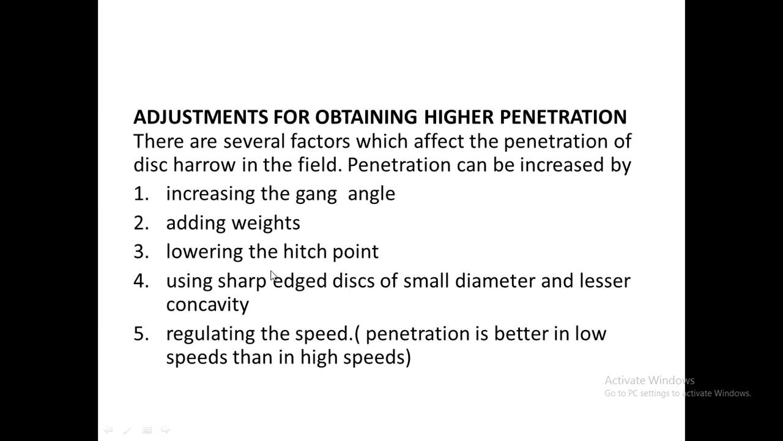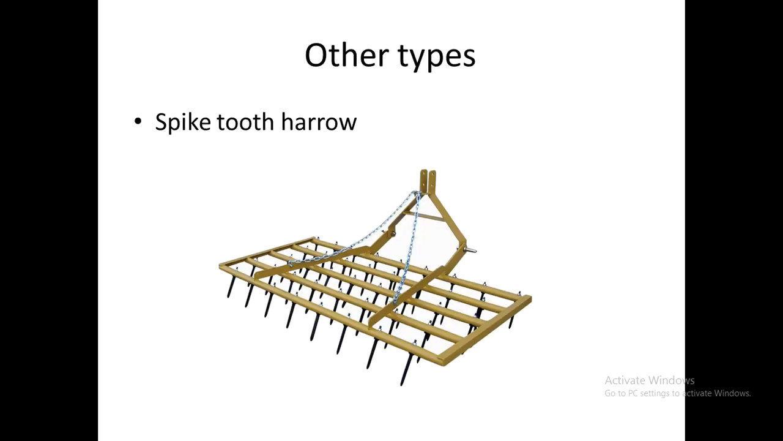So adjustments for obtaining a higher penetration: we can increase the gang angle, we can add weights, we can lower the hitch point, we can use sharp edge discs of smaller diameter and lesser concavity, and we can also regulate the speed. When we operate the implement at a lower speed, the penetration is better when compared with the implement running at higher speeds. So there are different other indigenous types of harrows and other types of harrows apart from the disc